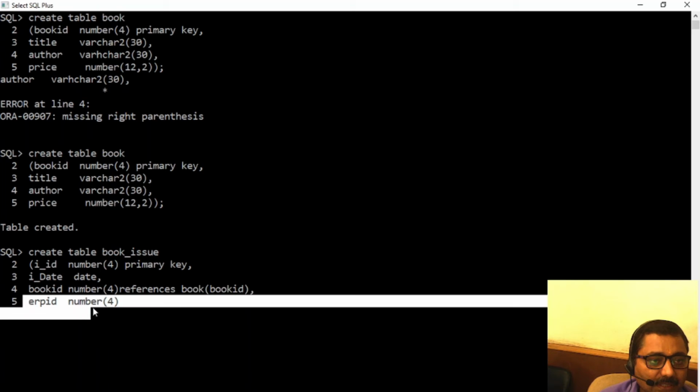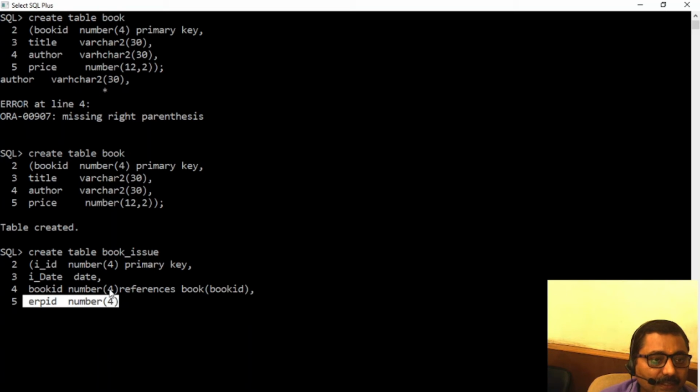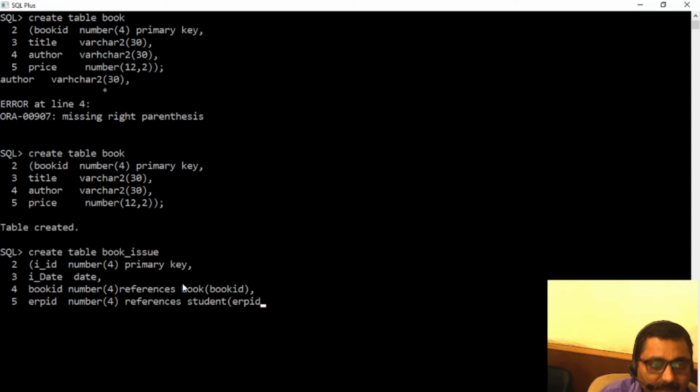So here in this table, this ERP ID is a foreign key which is going to refer, references, which table? Student. Which column? ERP ID. Bracket close. So you have seen now at this point of time what is created.